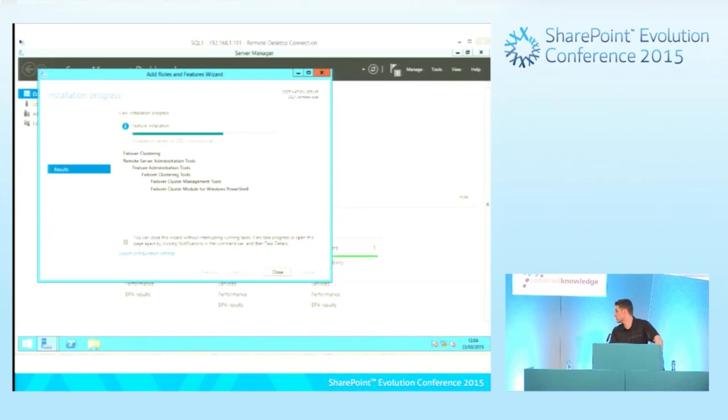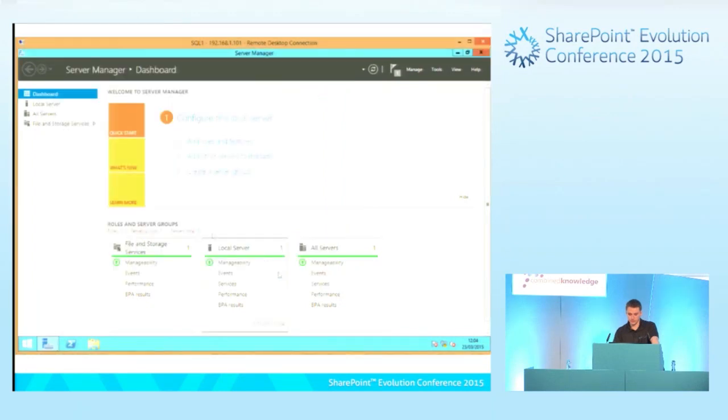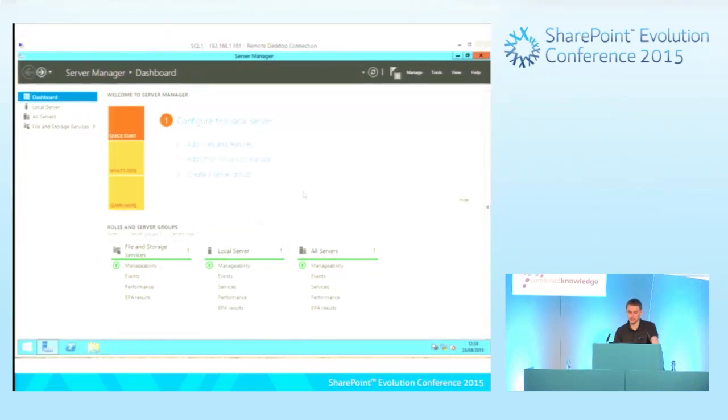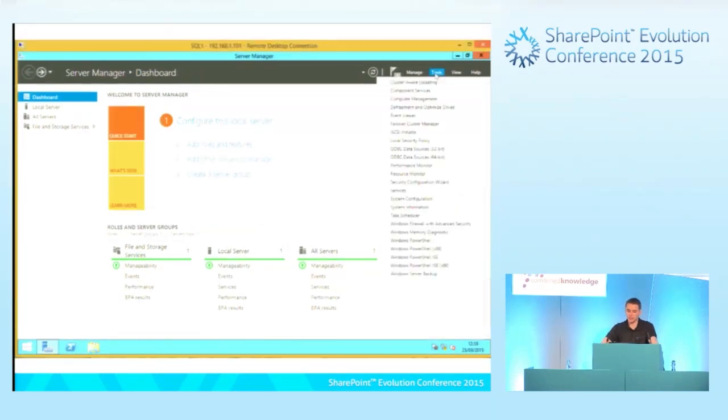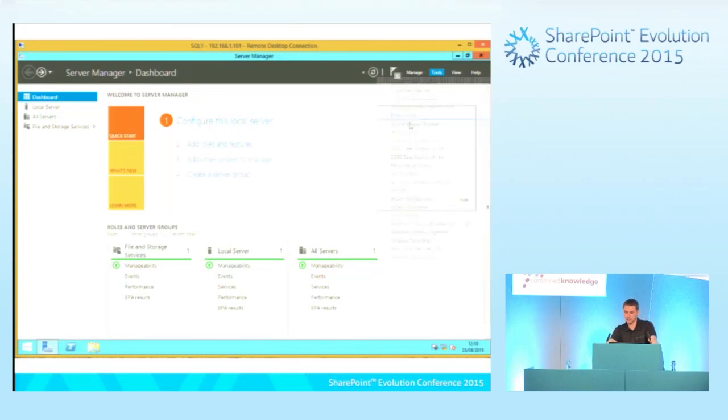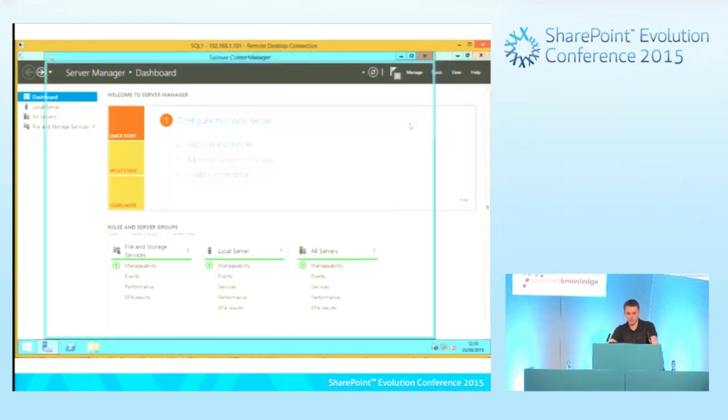That should run through the wizard, install all the prerequisites, and get the binaries ready for configuration. Right, so now we've got the cluster service installed, we actually then need to create the cluster. And what we'll do to save time is the second SQL node, failover clustering, has already been installed. So once we've done that, what we then need to do is go into the configuration for the failover cluster